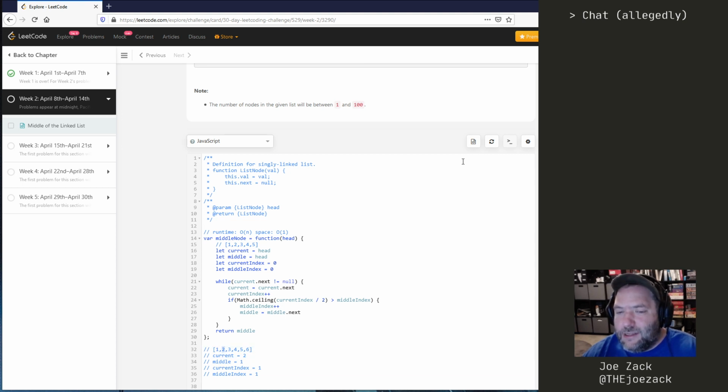Alright, next up is our current is 2. It has next, so we will go ahead and bump that up to 3. Middle value stays the same for now. Oh, we changed it earlier though, sorry about that. Our current index is now incremented to 2. So we say 2 divided by 2 is 1. So we don't need to change our middle index. We don't change our middle value. Alright, that's good. Move up our current